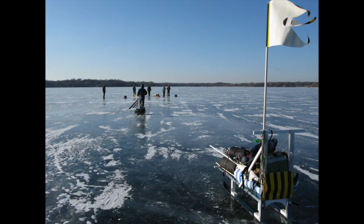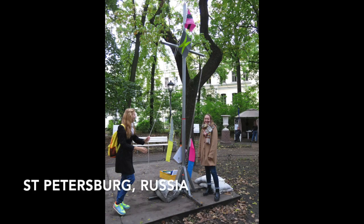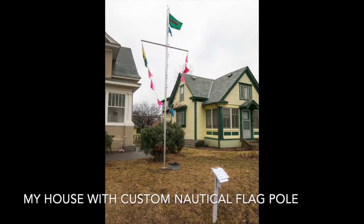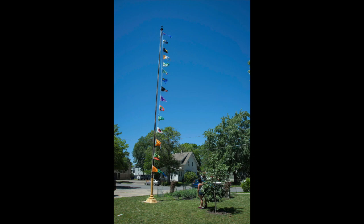I've done a couple of different flag projects. I've been making flags for a long time. Everything ranging from artistic expedition on a frozen lake that I mounted and made flags for, to a project I did a few summers ago where I sewed flags for neighbors around me that had empty flagpoles. And it kind of came about because I just noticed there was a lot of empty flagpoles around, and I felt like they were a really remarkable sort of